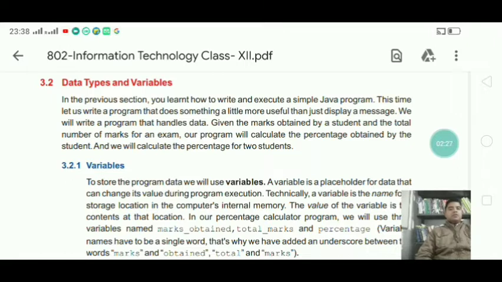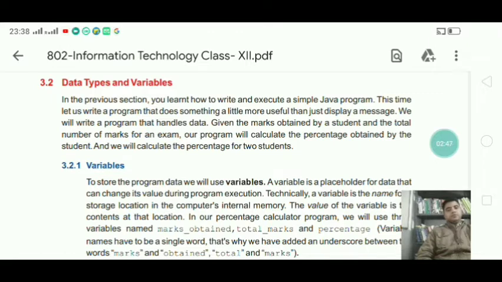Except all these things, no other symbols are allowed.